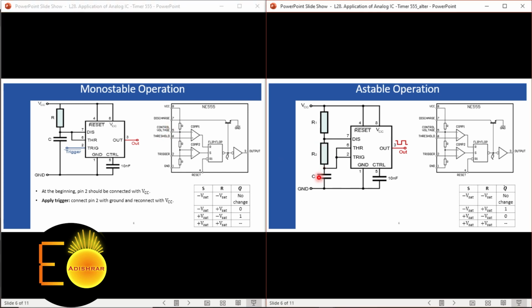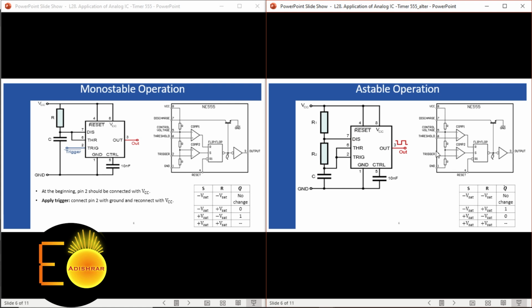But there's a difference in this astable case, because in between this node, there is a capacitor and the discharge node, there exists a resistor R2. So that's why the capacitor will take some time to be discharged from the 2/3 VCC to 1/3 VCC, because when the capacitor is discharging, it is taking some time, and that time depends upon the time constant R2 times C. So taking that time, the capacitor is discharging back to 1/3 of the VCC